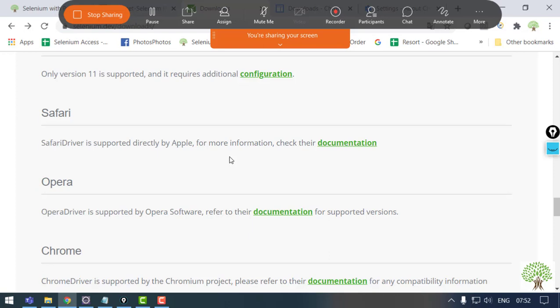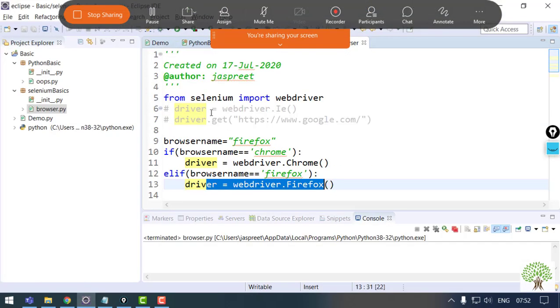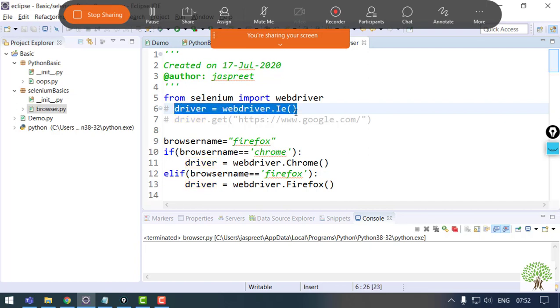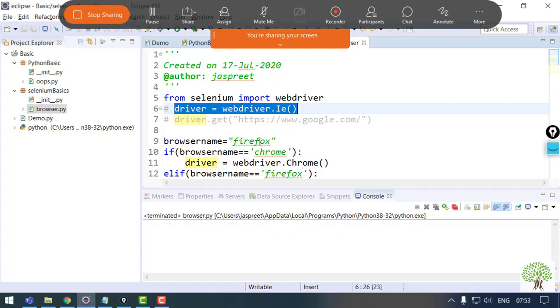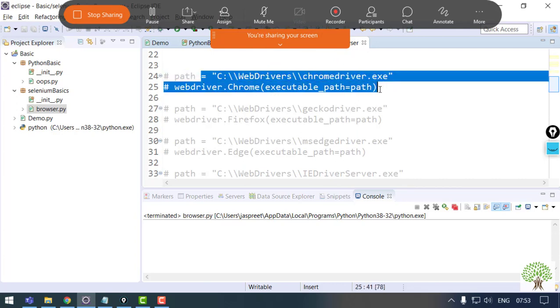Okay, so in case it's fine, I would request you to please do this practice. Get yourself the EXEs of the different browsers, try to add them into system variables and run the code. But before downloading the EXEs, I suggest you run the code just like this, without giving any executable path. When you run it, you will see the error yourself and understand what error comes up and what the solution is. Again, you will do this after adding the system variables. If you get the error, you know what the solution is.